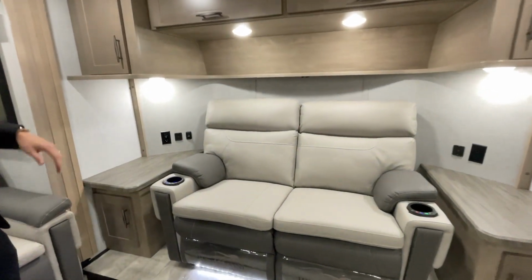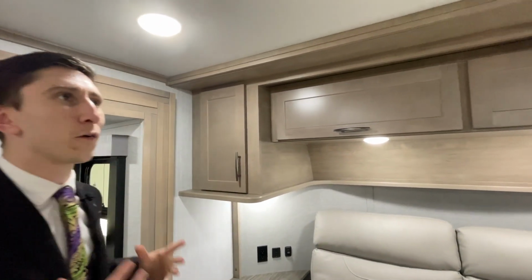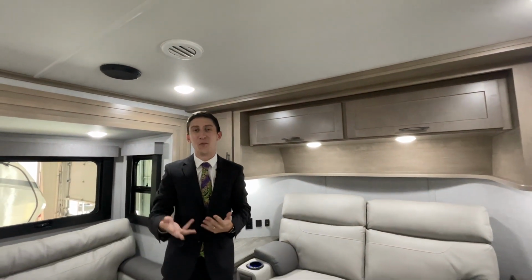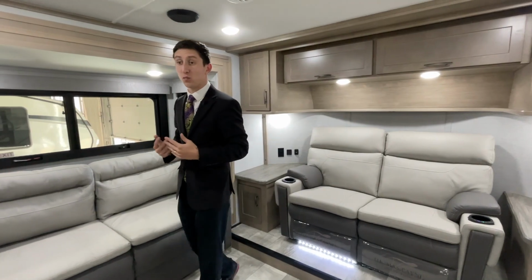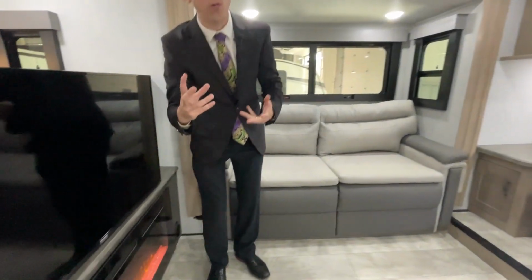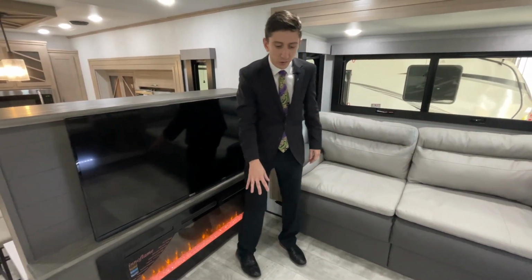Still, the two-tone looks awesome, but all this new woodwork through here is just so much lighter, brighter, more open. You walk in this floor plan, and we were talking about how it's TikTok rated, but really it's just got great eye appeal, feels awesome in here, and that's what you want when this is going to be your house. You have a 5,000 BTU faux fireplace, huge TV on this entertainment center, and again, pay attention, there are several